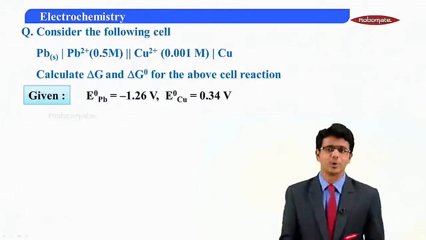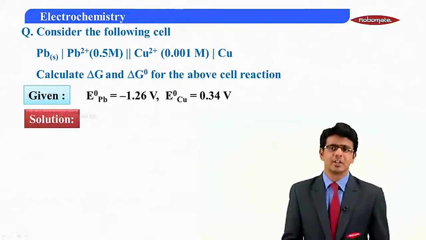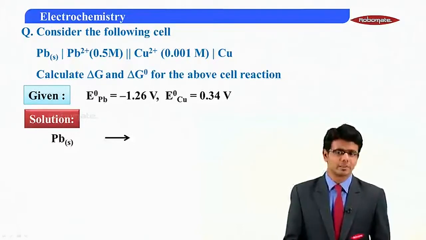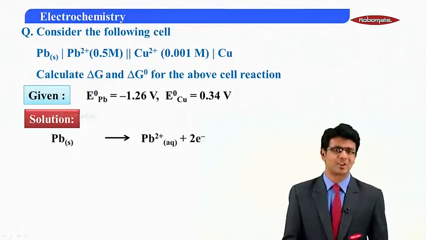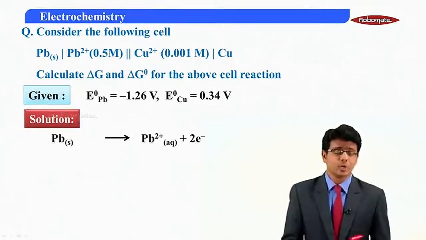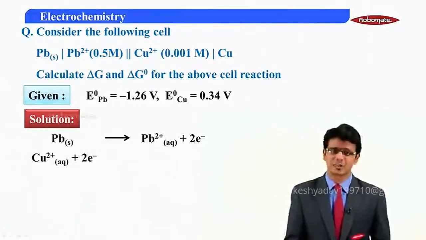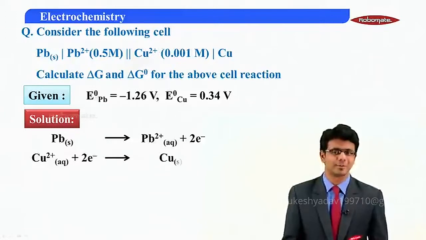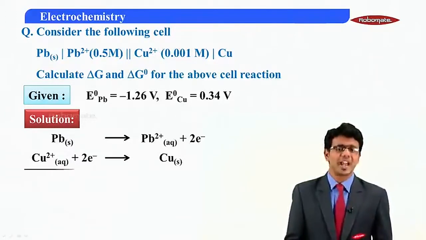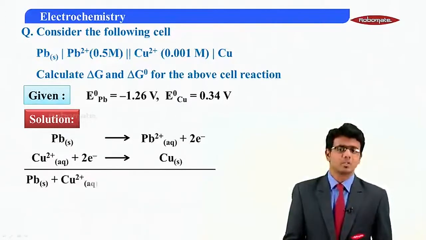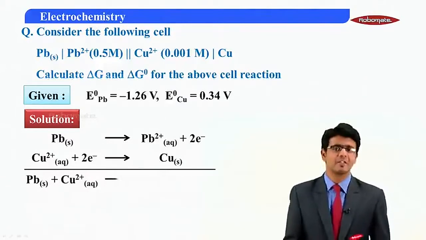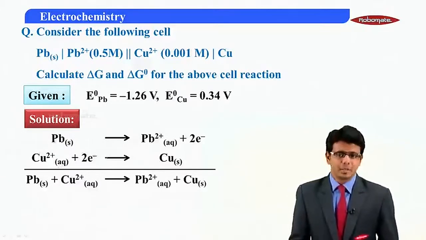So at anode, you have Pb getting oxidized. So Pb solid gives us Pb2 plus ions plus 2 electrons. And at cathode, you have copper ions getting reduced. So Cu2 plus ions aqueous plus 2 electrons will give you Cu solid, right? So overall reaction here would be Pb solid plus Cu2 plus ions aqueous giving rise to Pb2 plus ions aqueous